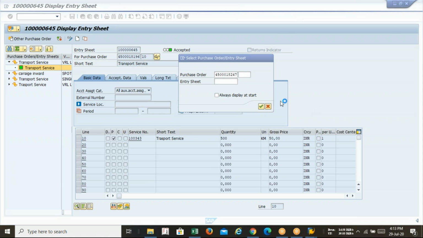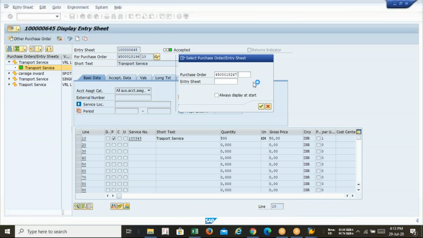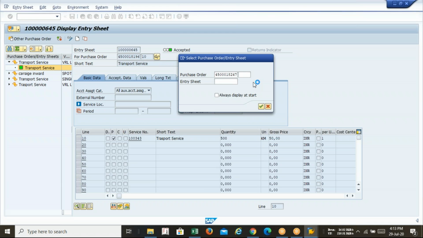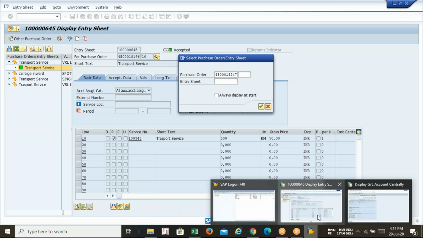It is taking quite some time. It is taking too much time.